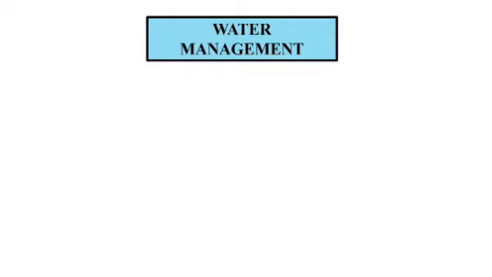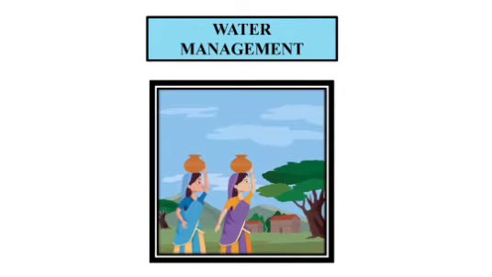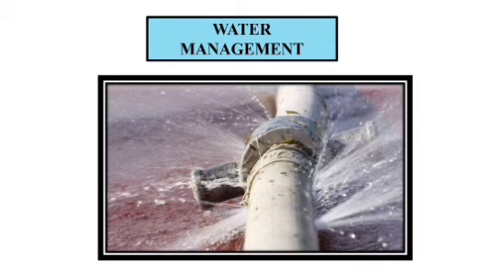Water management. In the previous classes, you may have learned that in many places a regular supply of water is provided by a well-planned pipe system. When the civic authorities supply water through the pipes, not all of it may reach the destination. You might have seen water supply pipes leaking and a lot of water gushing out of the pipes. It is the responsibility of civic authorities to prevent such wastage of precious water.